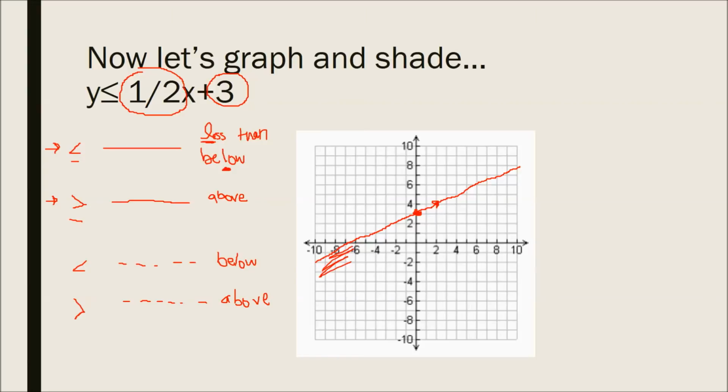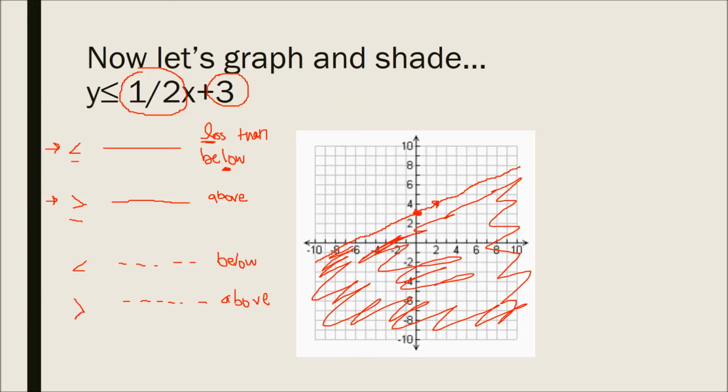So that means everything down here, that is some awesome shading. Woohoo, there you go. Everything down here, what this means is the numbers that could satisfy this equation are anything on the solid line or inside of the shading. So any point on the line or in this shading down here is going to solve or satisfy